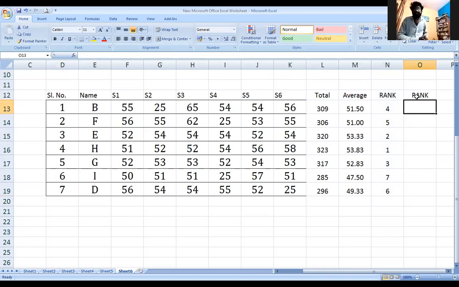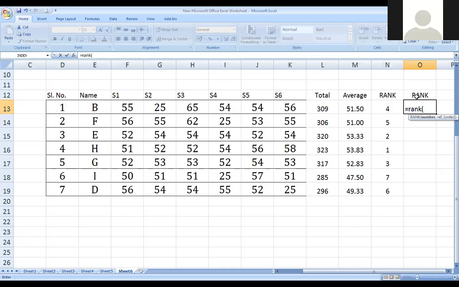In order to find the rank, click on equal to, select the rank function, and select the number first. It means on which criteria do you want to give the ranks: on the basis of total marks, average marks, any other subject, or any other criteria.